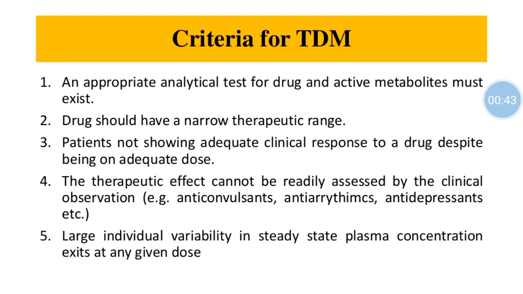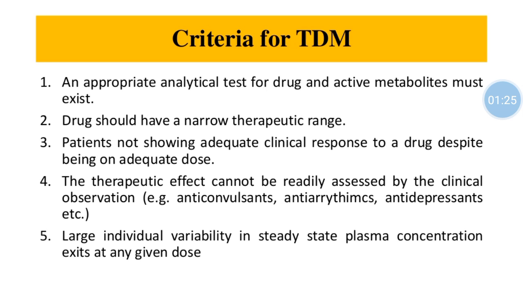Narrow therapeutic range means what? We have already said that 10 milligram is the therapeutic activity of the drug, meaning this concentration of the drug will produce the effect on the body. And if you take 12 milligram of the drug, it will go directly to the toxic level. So this type of drug is known as a narrow therapeutic range. And if you take 10 milligram of the drug and it is increased up to 15 milligram, but it does not have toxicity, that is known as a large therapeutic range.